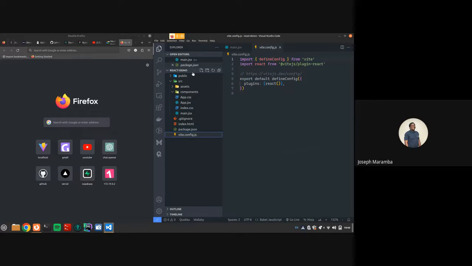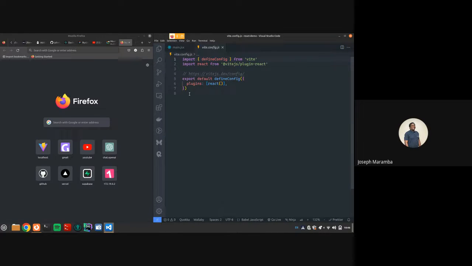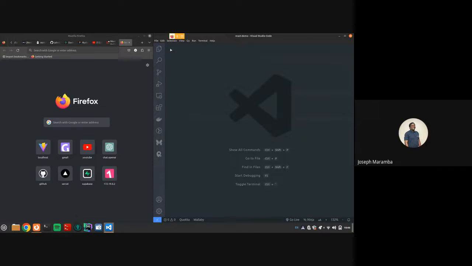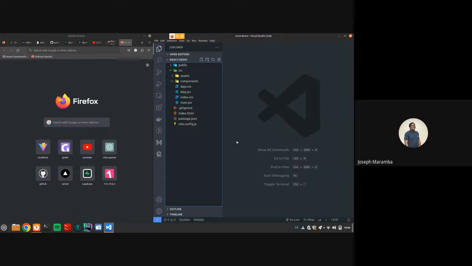We also have a Vite config file. Vite is, as I told you, a module bundler. You can configure it however you want. This is just as simple. You can add additional plugins. You can do a lot of stuff here, depending on your use cases. So that is all about